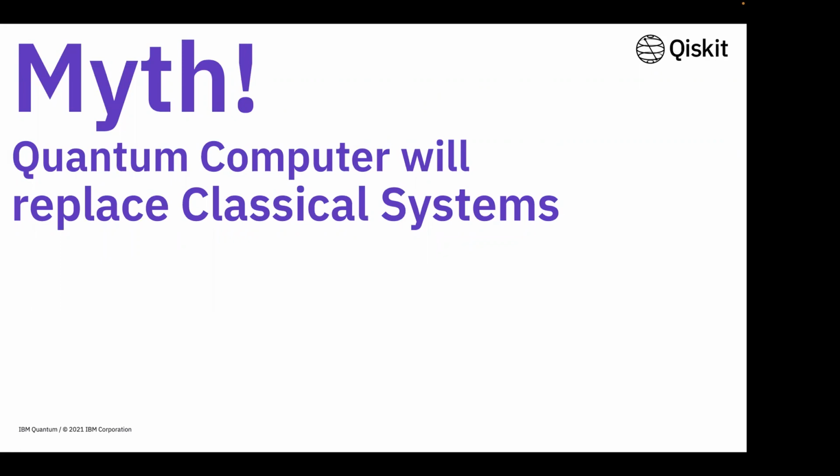You won't believe it: if I give 2 into 3 to multiply, and the answer is 6, right? If I give this simple operation to classical systems, it will give me results in microseconds probably. But if I give 2 into 3 to a quantum computer, it will perform worse than a classical system as well. So quantum computers will be used for special purposes, for special applications where classical systems cannot solve the problem. So in the near future, quantum computers will never replace classical systems.